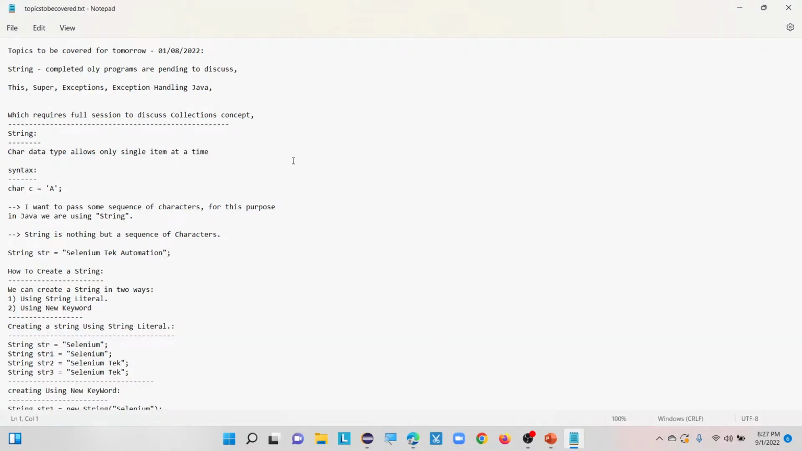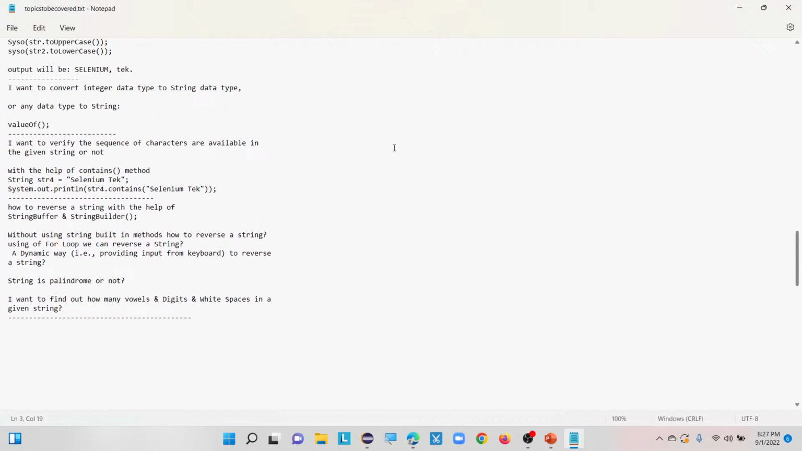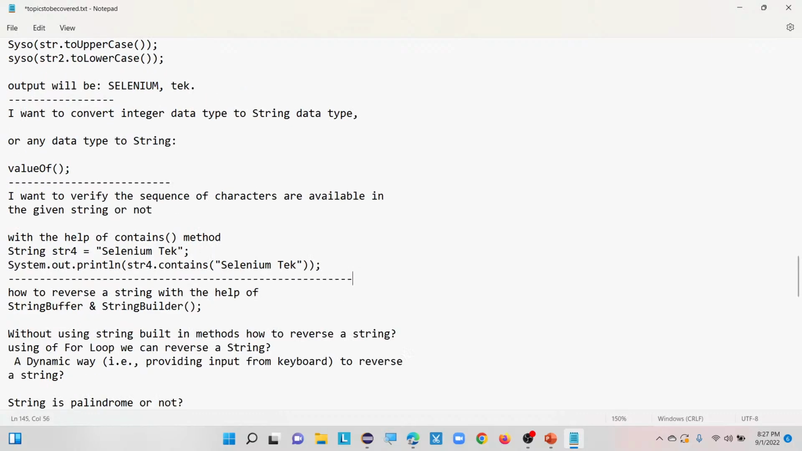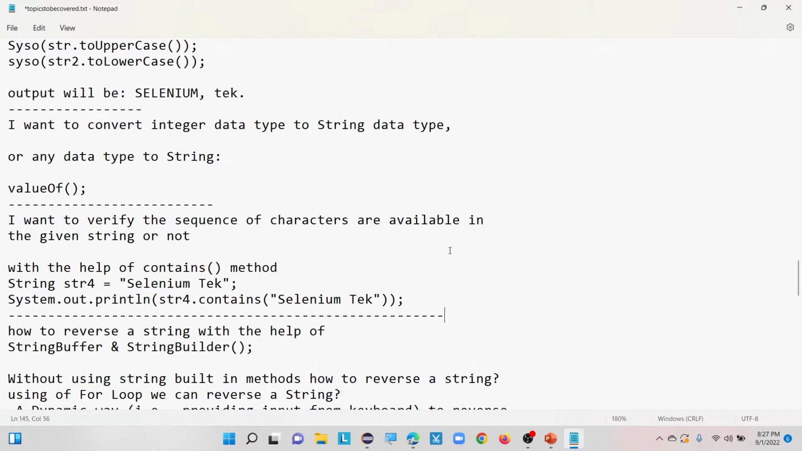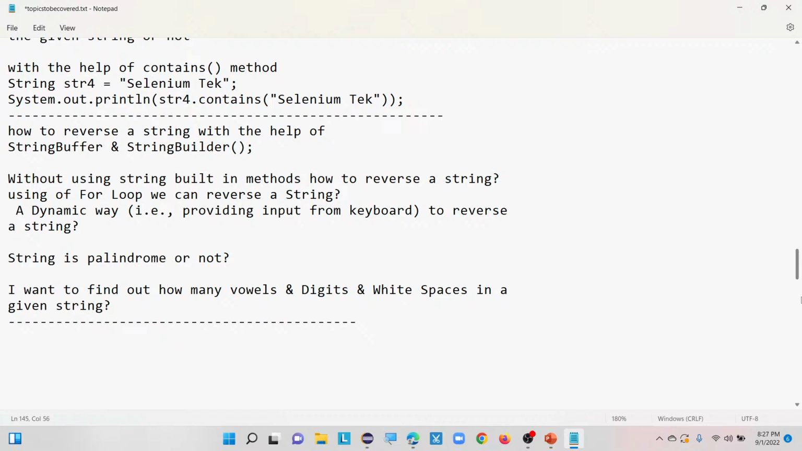As we discussed yesterday, I completed the string related basic methods and some programs I showed you. Now I am going to discuss the programs below, which I mentioned in yesterday's session. These questions, these programs, I am going to show you now. First we will discuss how to reverse a string with the help of StringBuffer and